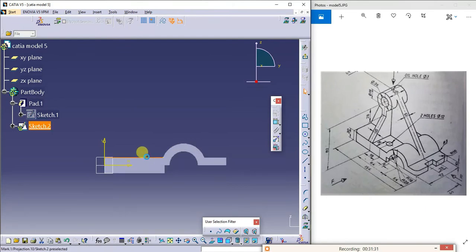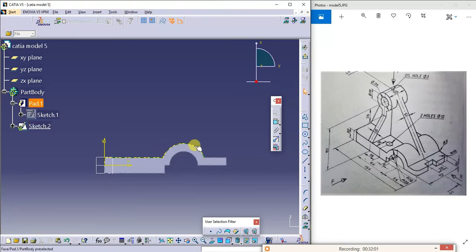See here. I'll click this one. See here, this is created. That is an important command in order to project the elements on the 3D model. So this circular element is created now. Otherwise, manually you can draw this horizontal line, next this circle. In order to save time, just use this command. Otherwise, manually you do it.